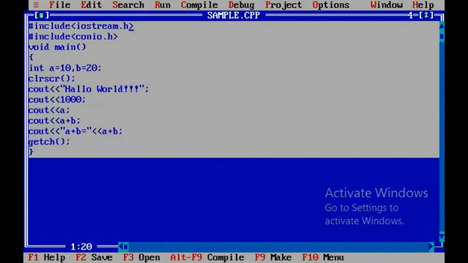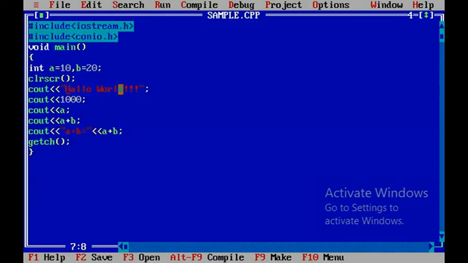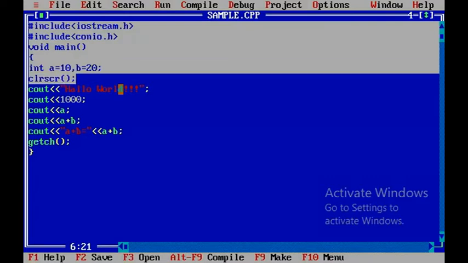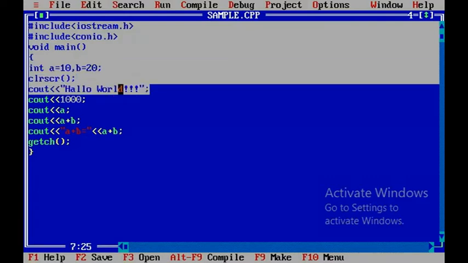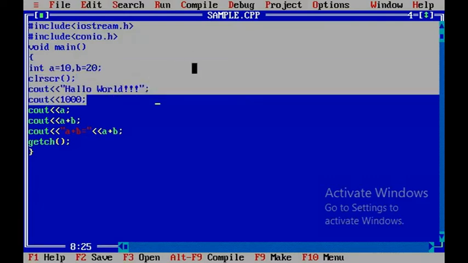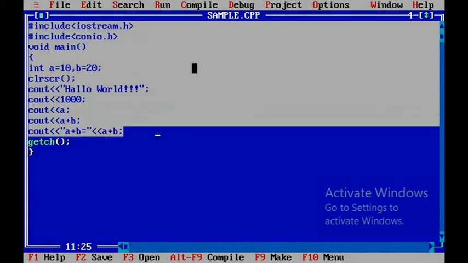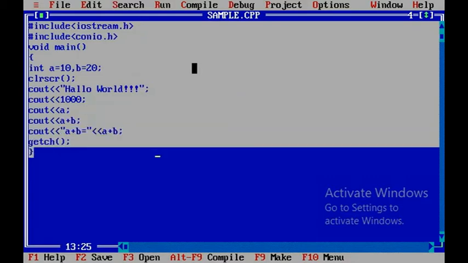This is my program here. I declare two variables, a and b. This is the first one. Let me explain. The first one is just a simple text within double quotation, and then some value, variable, or expression. This is the combination of text and expression. It does not require any format specifiers.